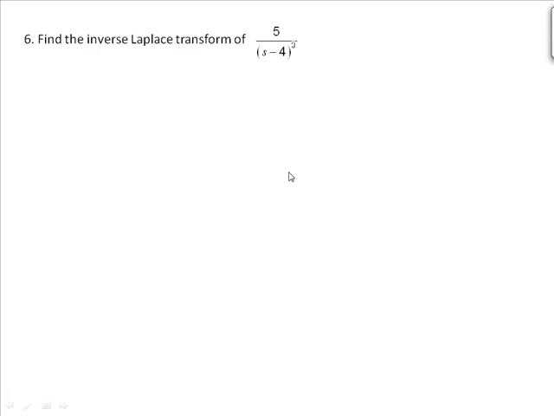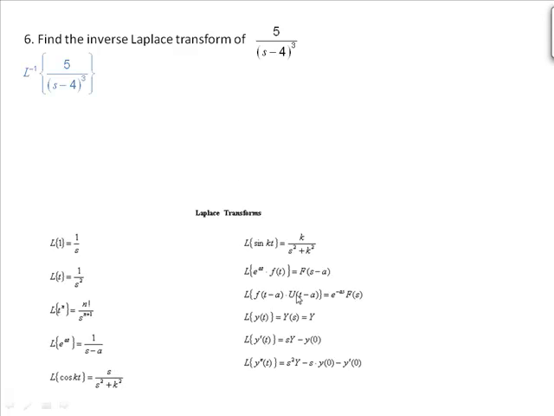Okay, on question number 6, we want to find the inverse Laplace transform of 5 over (s minus 4) to the third. So again, we can use the table of Laplace transforms, and if I look on my right side, I don't see anything exactly like this, but I do know that the s minus 4 can be thought of as a shift. So this is our first shifting theorem,